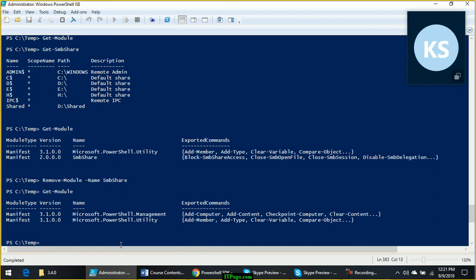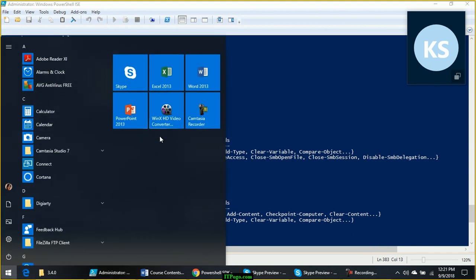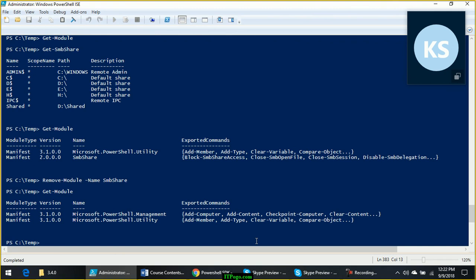Now, you might have seen when you install Active Directory on your computer, on the start menu you will see Active Directory PowerShell. When you install say Exchange, you will see the shortcut Exchange PowerShell. Those are not different versions of PowerShell. The only thing that they are doing is, when you click on that shortcut, they are running like this.